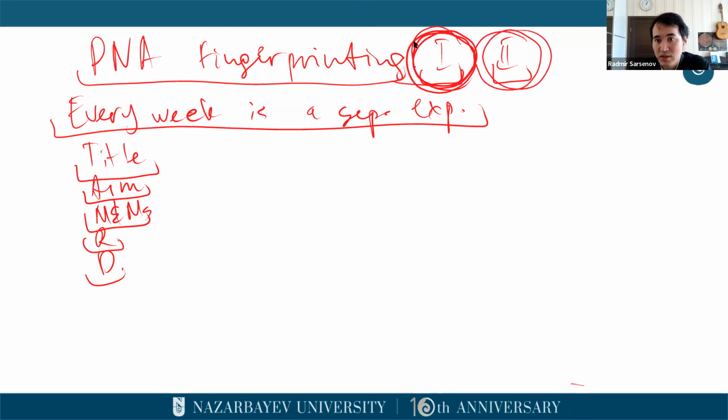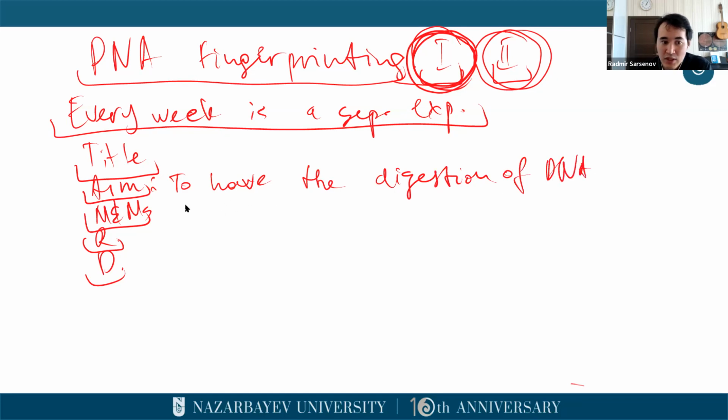So what might be the aim for the first week? The aim is actually to have the digestion of DNA. Okay, so materials and methods, you just show them as they are. Okay, and the results of the digestion, so you put it in the water bath and then you have it out. Okay, so you pull it out and you see that instead of